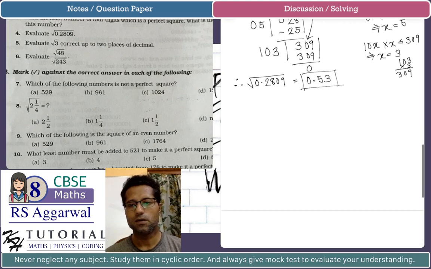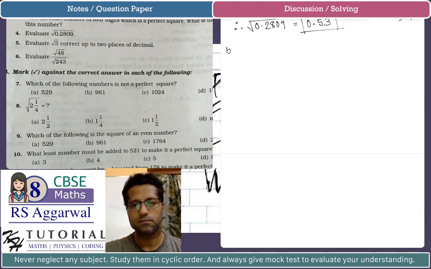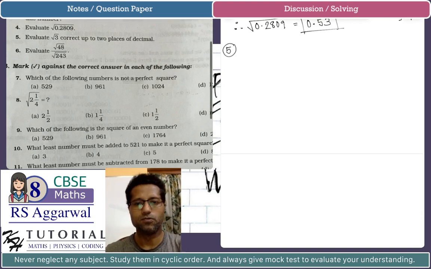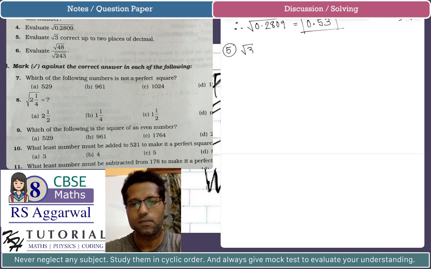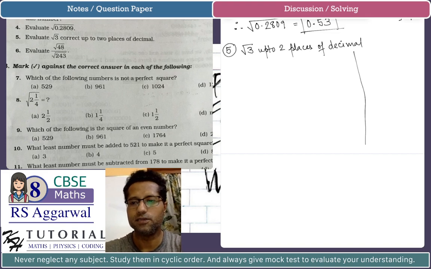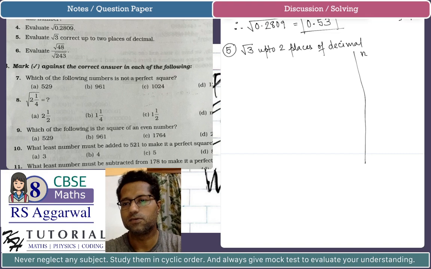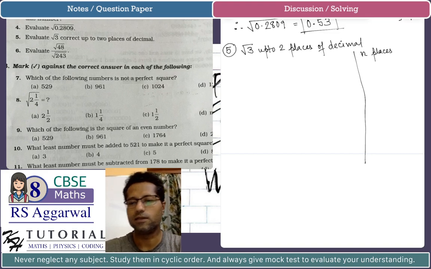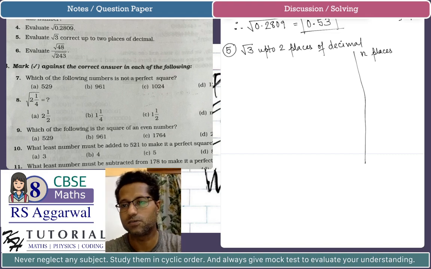Okay, let's solve question number 5. Evaluate the square root of 3 up to 2 places of decimals, that is, there will be 2 digits after the decimal point in the square root. Now, to find the square root of a given number up to a given number of decimal places, we know the strategy: if we are asked to find the square root of a decimal number or any number up to n places of decimal,